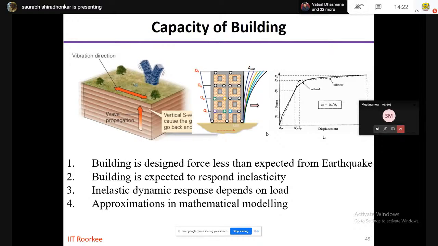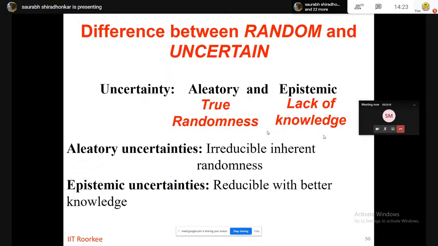In addition to that, the mathematical models that we use also impart a certain kind of uncertainty. This uncertainty is called secondary uncertainty, or the epistemic uncertainty, if you follow the nomenclature. So as I was saying, these two uncertainties related to demand and capacity are classified into two